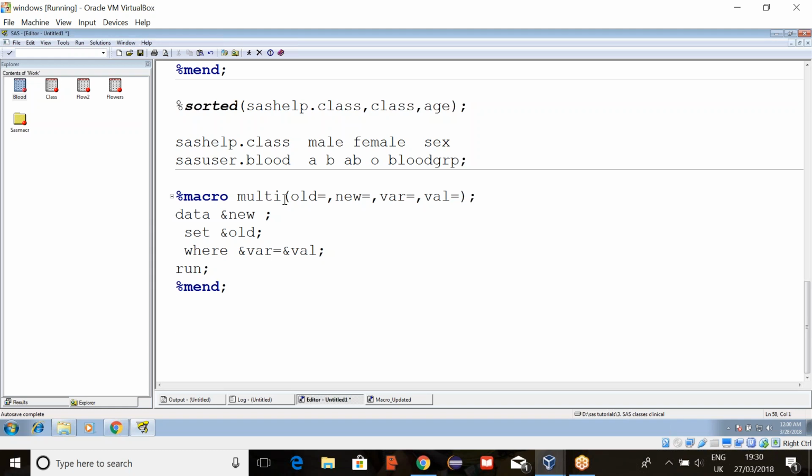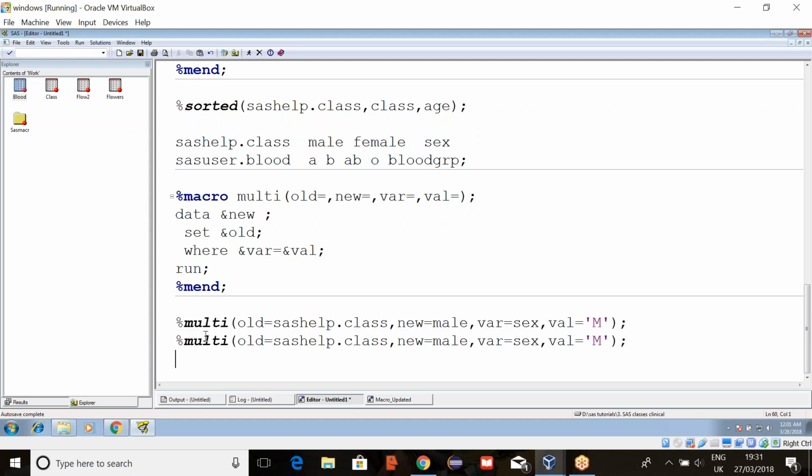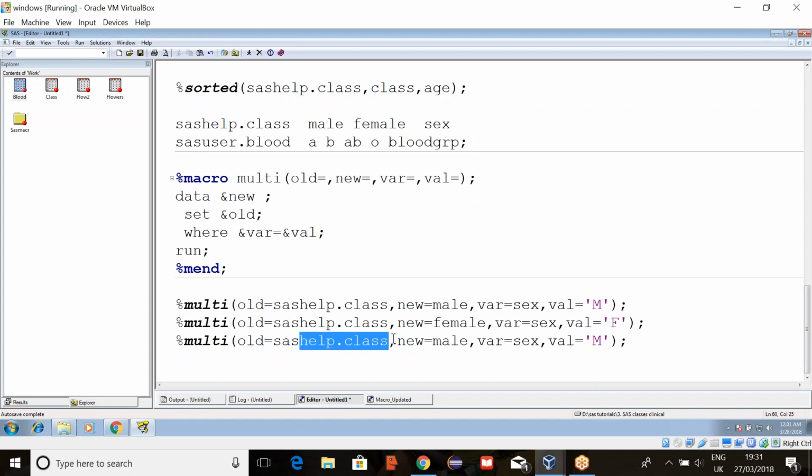And now run this: %multi, old equals to, oh sorry, old equals to SASHELP.class, and then new equals to male. Variable is sex and value is M. Now copy this. For female, we have to write, yes, for female just use F. And for SASUSER.blood,